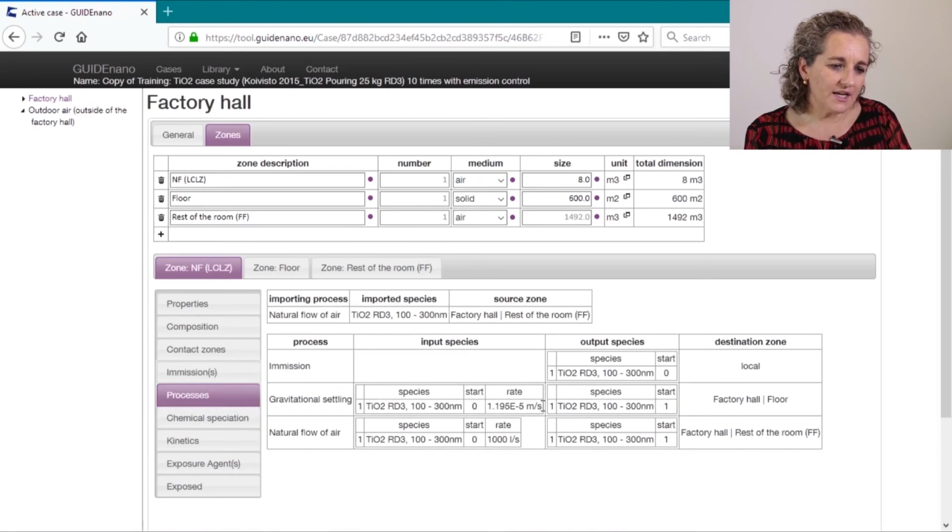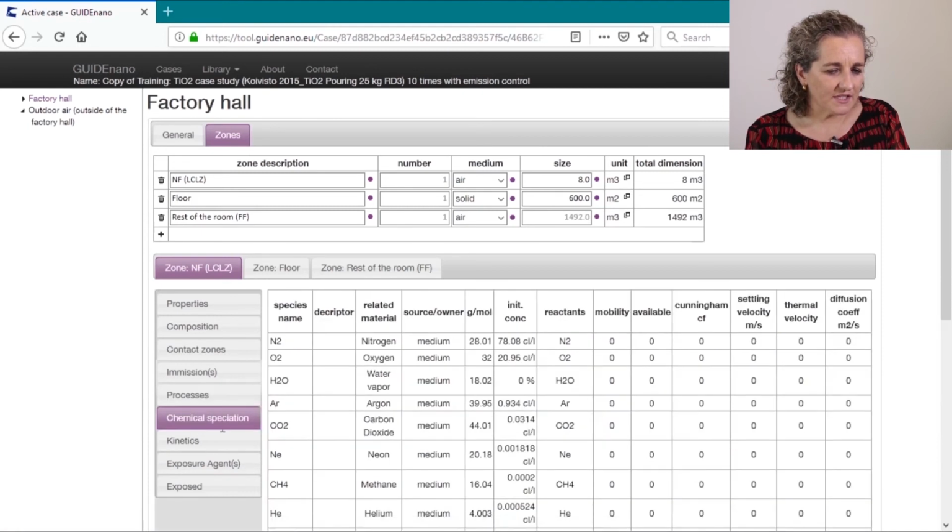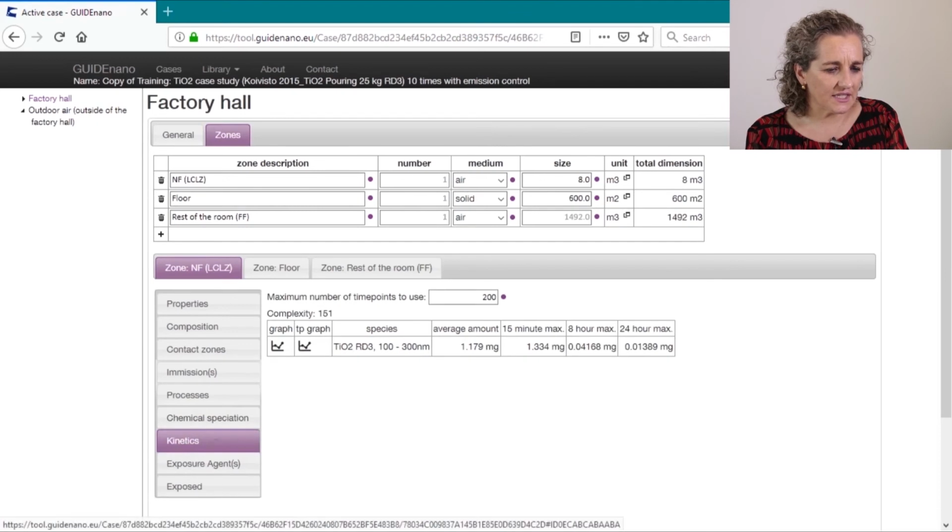The processes, here you have also, the tool itself is filling in this information from your description of the different processes that take place, the emissions, and all the species that you have in the different parts of the factory. The chemical speciation is the same. It's all coming from the tool itself, and the kinetics is